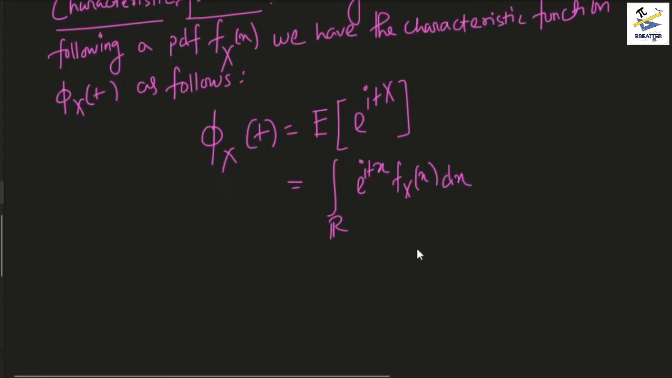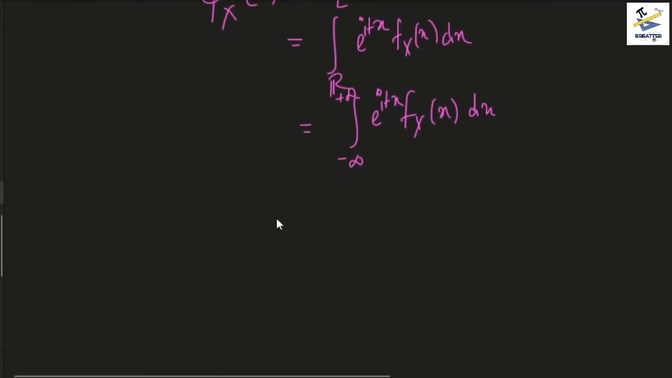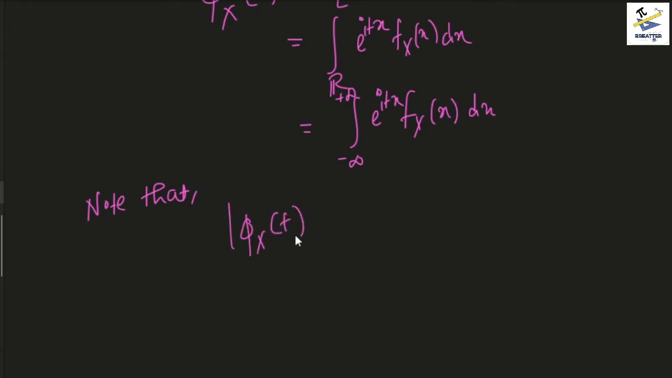That is, this is how the characteristic function is found. One important property is, note that the modulus of the characteristic function is less than or equal to 1. And this is important because we see, since